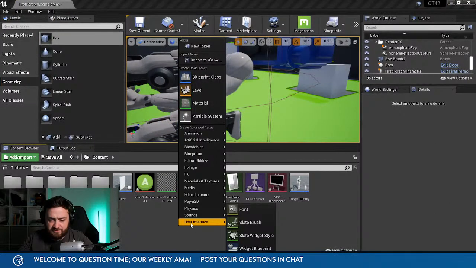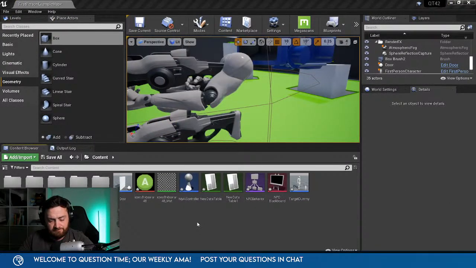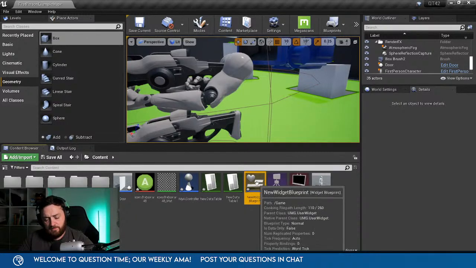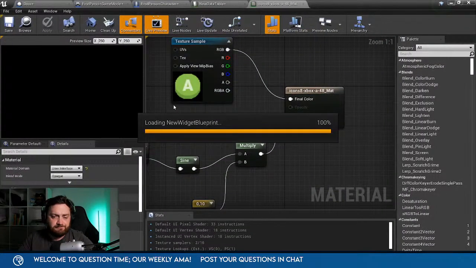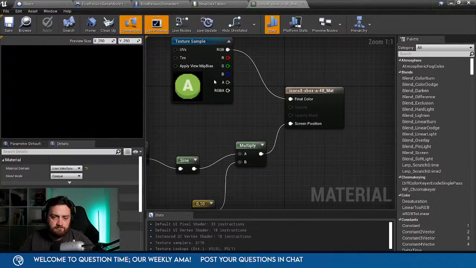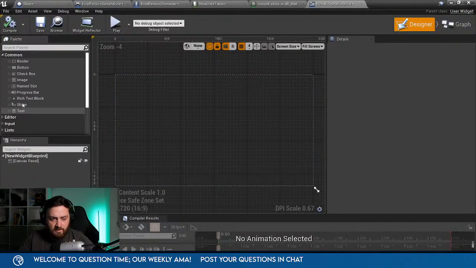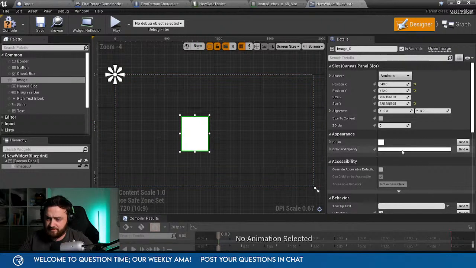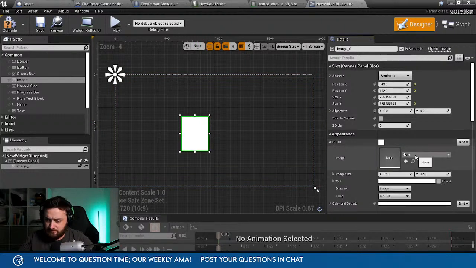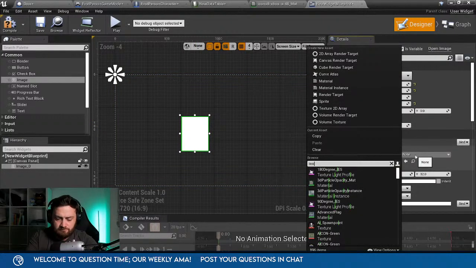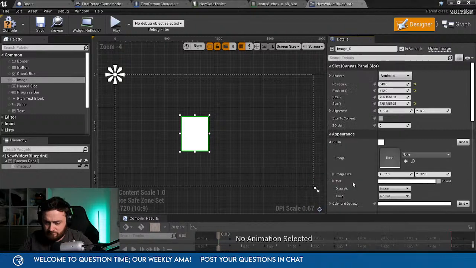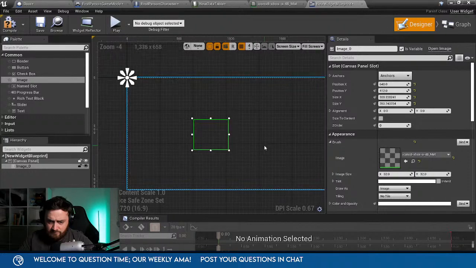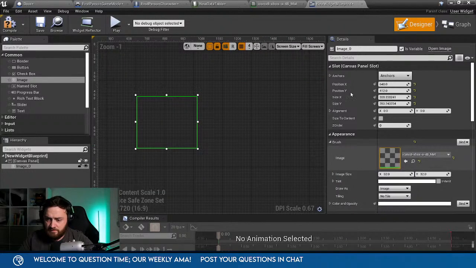Let's make a widget and see if it appears there. Okay. So for example, if I drag an image in, let's see if it just animates on the screen. Yeah, it's not having it, is it?